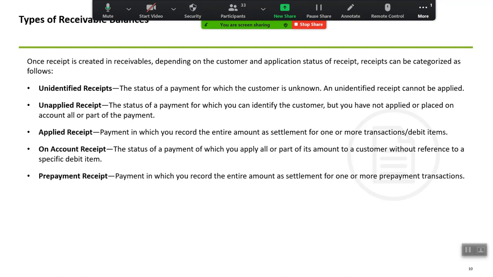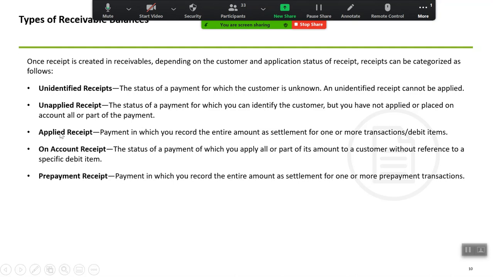You would see that if you've created a receipt of say $100, then that $100 is lying under an unapplied amount, because according to the system you have not applied that $100 on any invoices, or you've not tagged that particular receipt amount to any invoices, and until and unless you do that, it would stay there in an unapplied status or in an unapplied account.